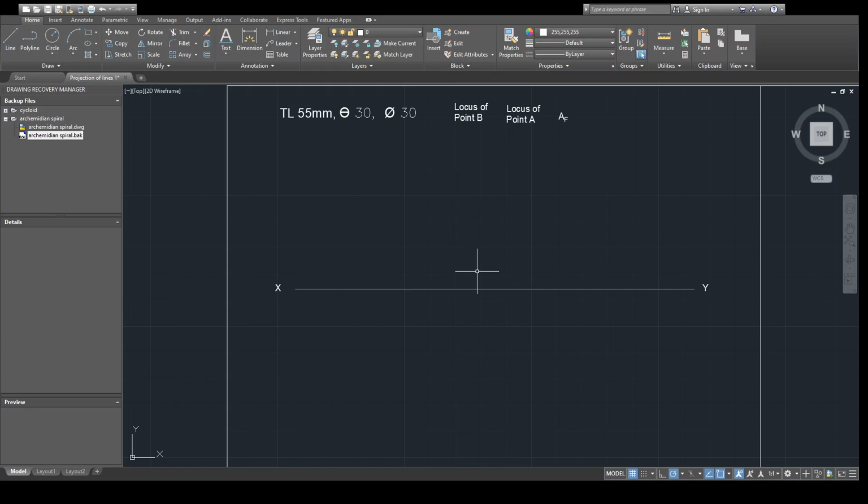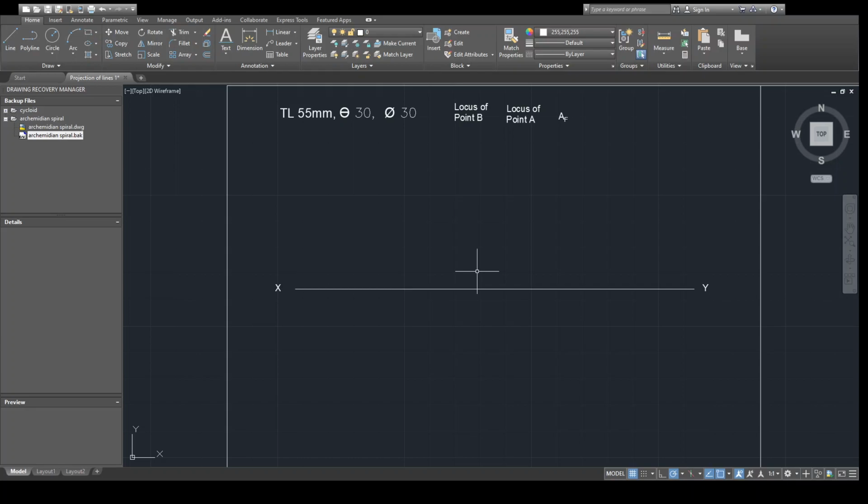Remember the previous cases what we discussed. Just recall them. If you didn't understand, watch the previous videos, because those videos are very important in order to understand this session. I will repeat, whenever a line is parallel to one of the planes, in that case we can see its true length and true dimension.